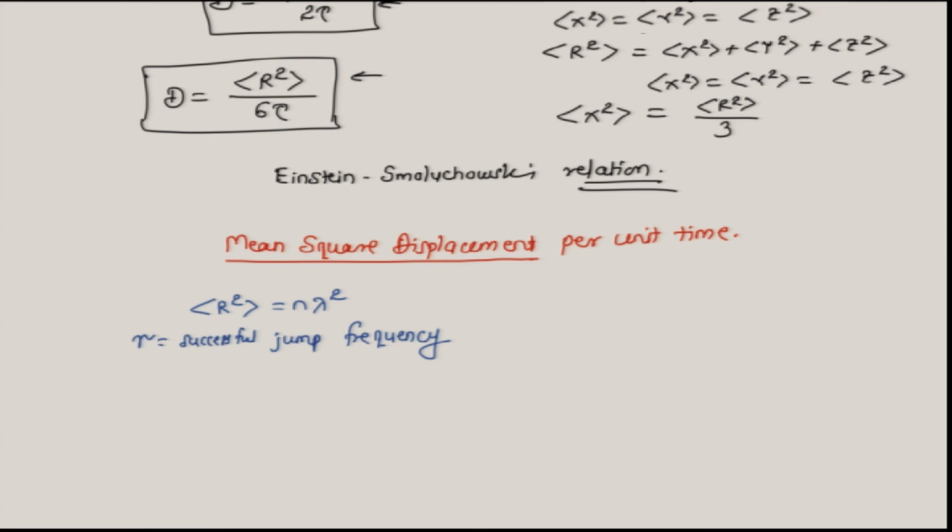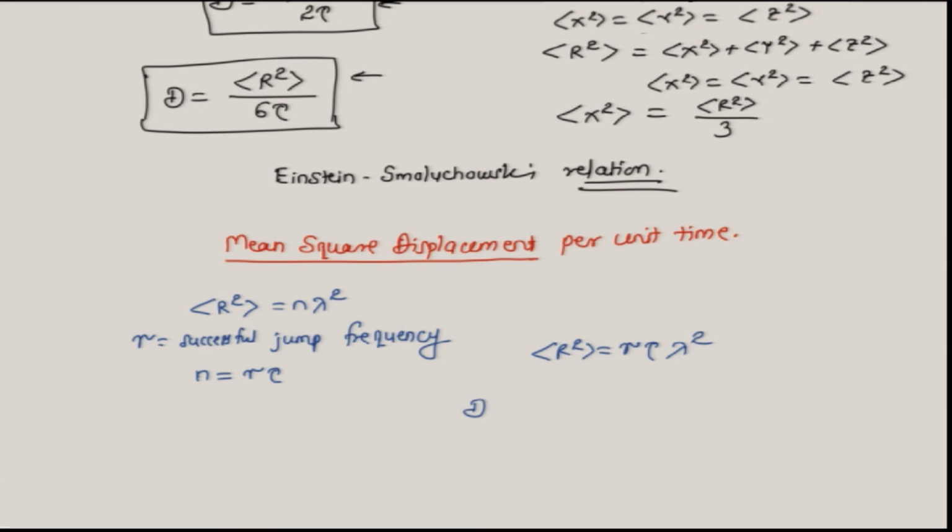So, in time interval tau, the total number of jumps made by an average atom would be gamma times tau, right. So, we can write r square is equal to gamma times tau lambda square,